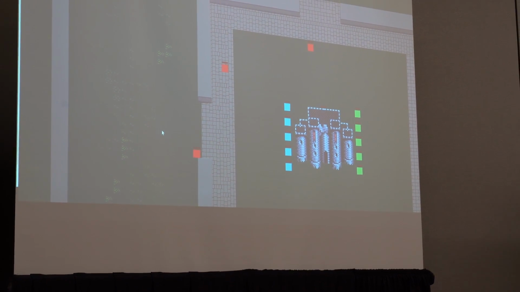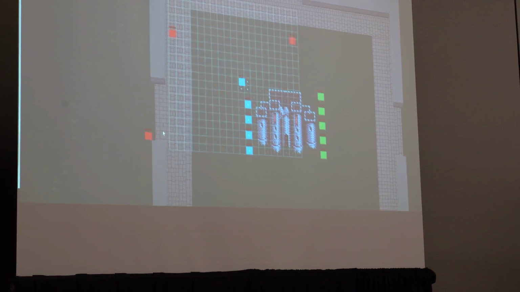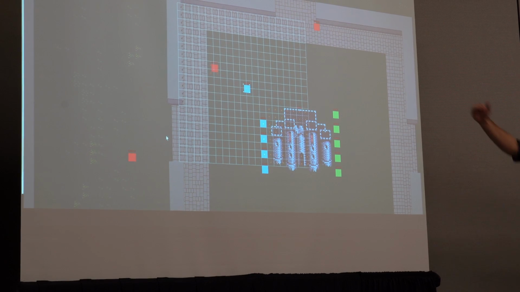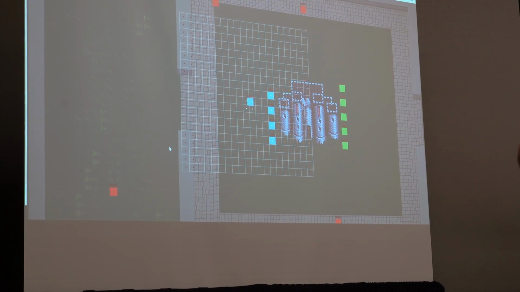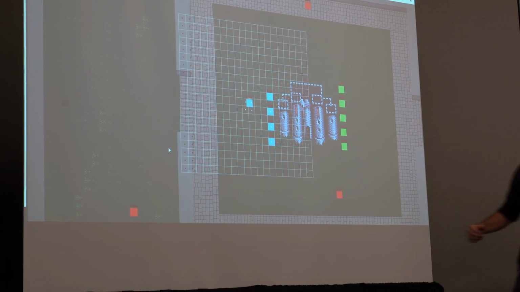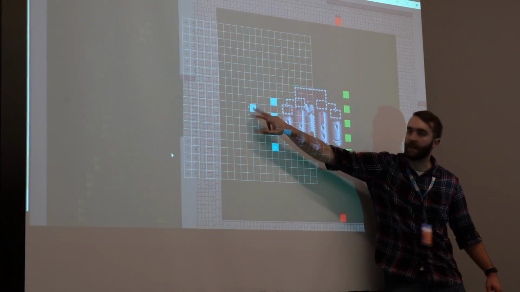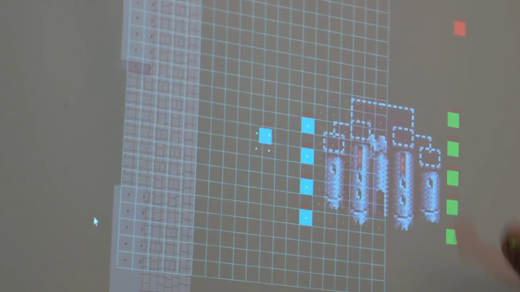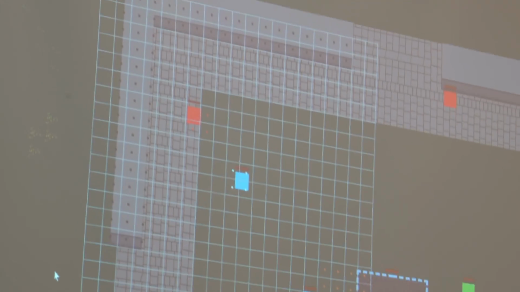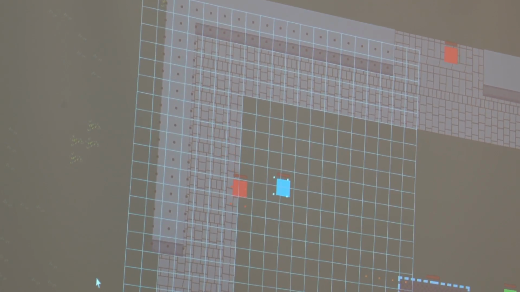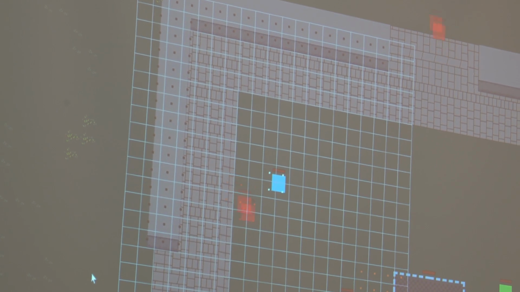So I built out this grid system. Instead of doing rays, every single one of these grid cells reports what is in the grid. You can see here these white dots say that there's an ally in this grid location. These orange dots show that there's a building there. And if I go up to an enemy or a wall, you can see that there's red dots, and black dots for the wall.